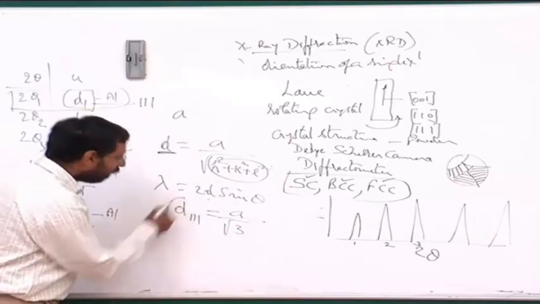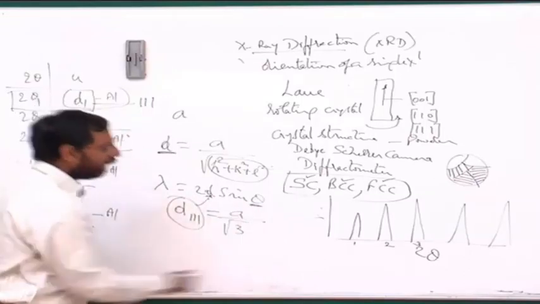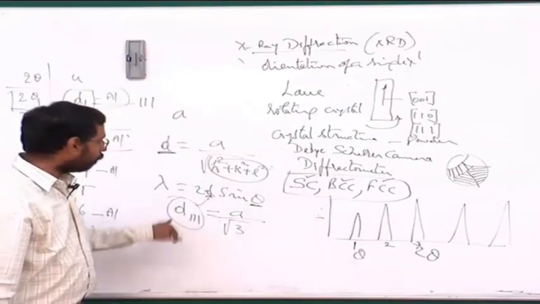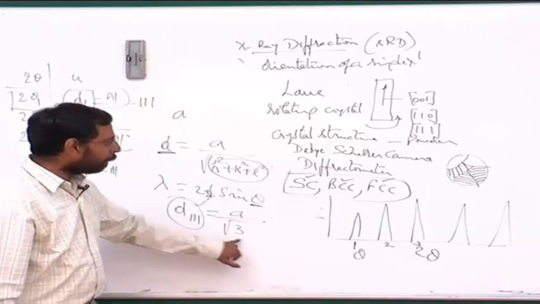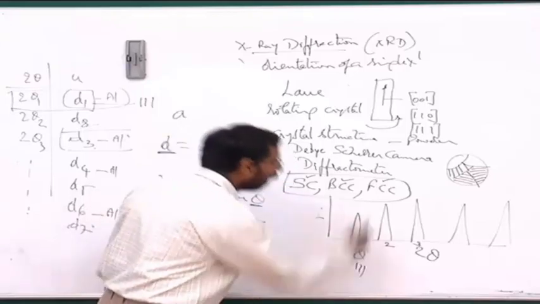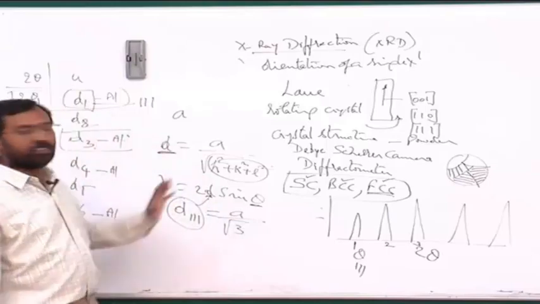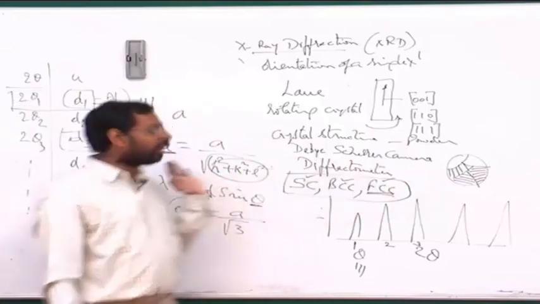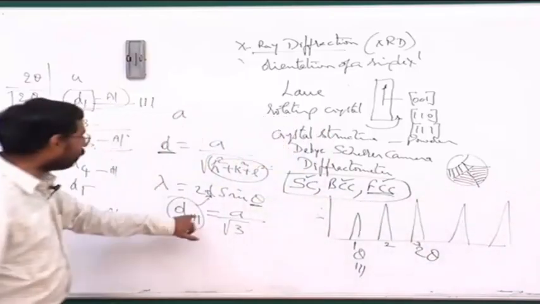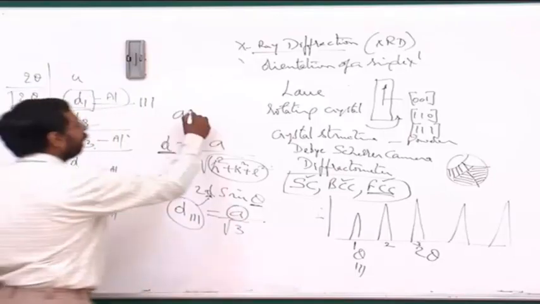So once I find out that d from this formula, from knowing the theta for the first peak, I put the d into this equation, knowing pretty well the first peak of FCC is 111, because I have already identified that this structure is FCC. So that's why in all this, the first step is to identify the structure. Once I identify the structure, I know all the HKLs of all the peaks. And once I know that, from that I can find out the d, and from that I can find out the a. This is how I can find out the a.